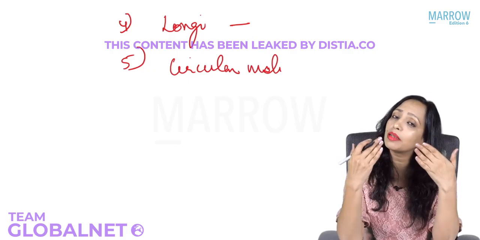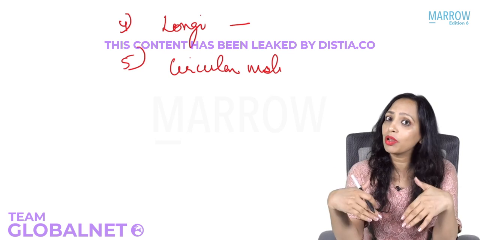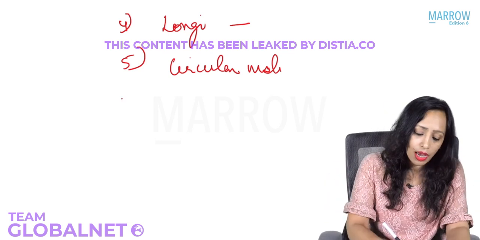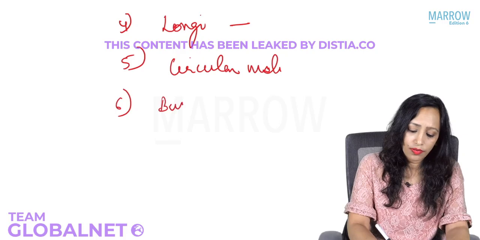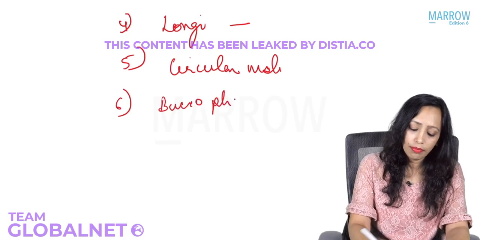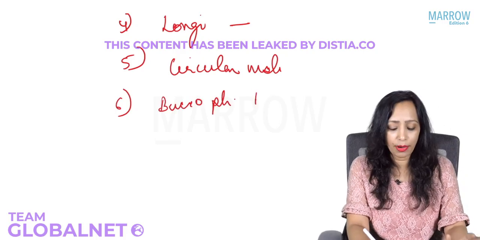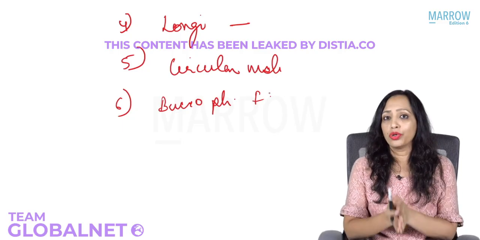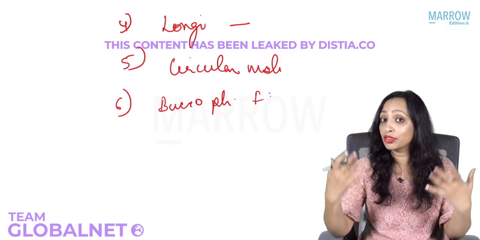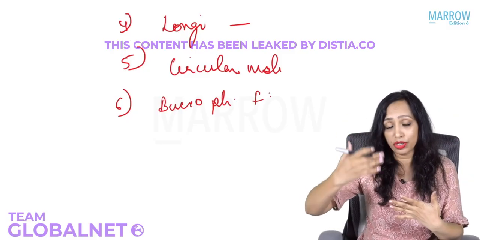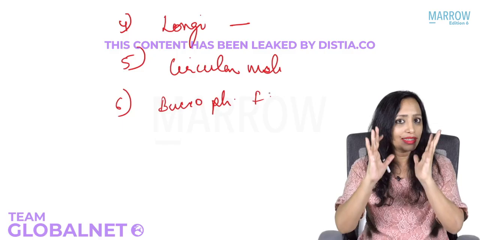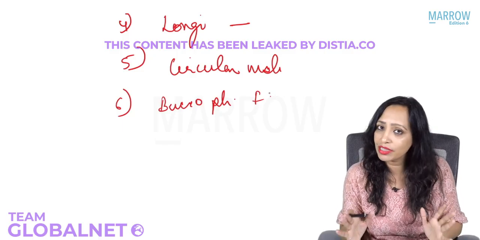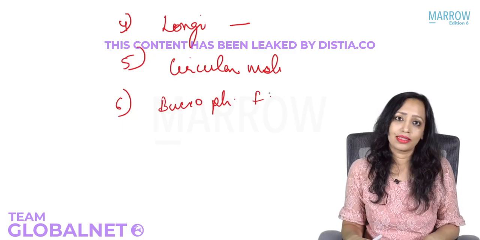Which is the fascia that lines the muscle layer posteriorly? So after the circular muscle, which fascia do we have? We have the buccopharyngeal fascia. At the buccopharyngeal fascia, the pharyngeal wall ends. So you have a complete picture of all the layers of the pharyngeal wall. As you go on removing the pharyngeal wall layers, do you see what exactly the pharyngeal wall is and what the significance is? Yes, very good.